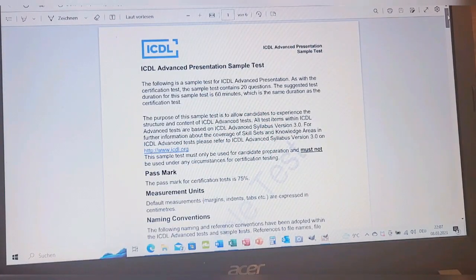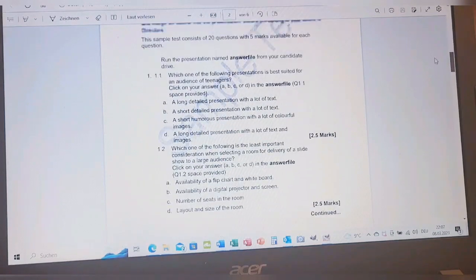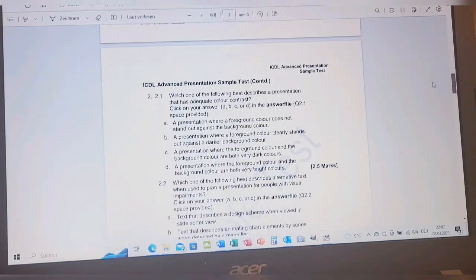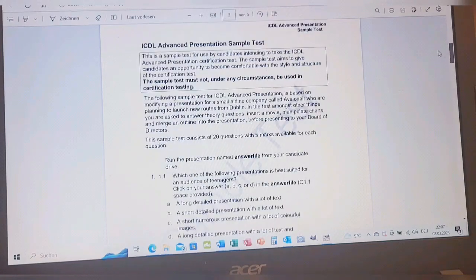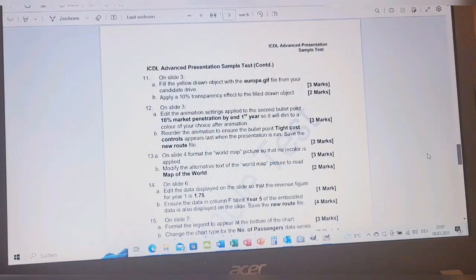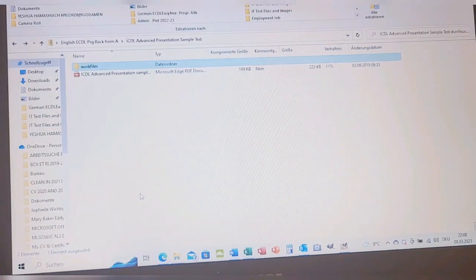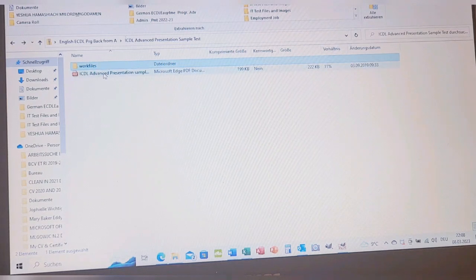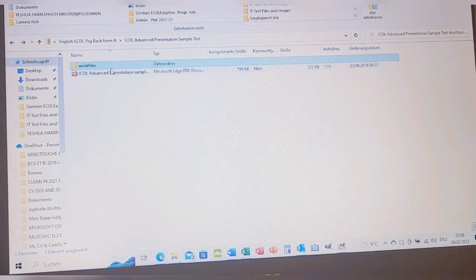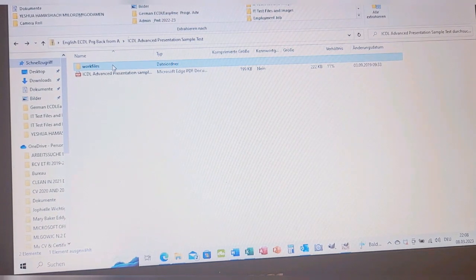Okay, now let's scroll down to see the number of the questions that I told you. So 1, 2, these are pretty long questions, the number 1 and 2. I just can't open the file. Let me show you then. I'll show you first the 20 questions. This is a folder. The instructions are already open as I did show you. And now if we click in the work files,